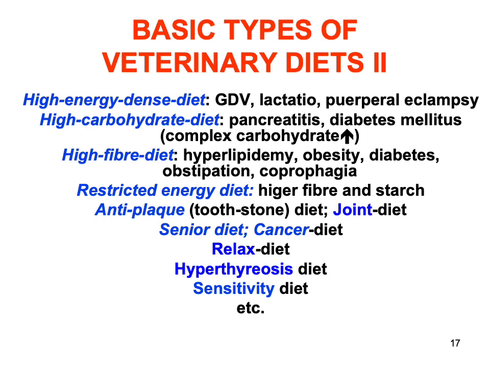This carbohydrate should contain a lot of complex carbohydrate. High fiber diet: hyperlipidemia, obesity, diabetes, obstipation, coprophagia. Restricted energy diet, or if they are American